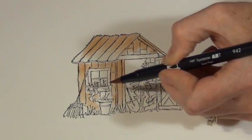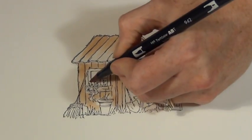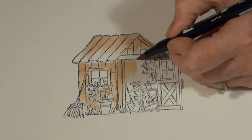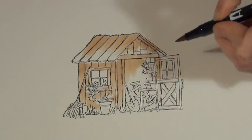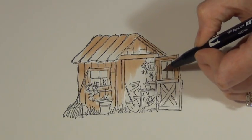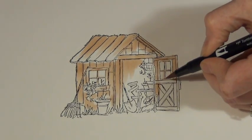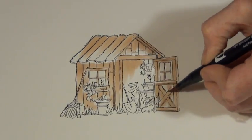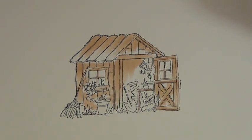Under, and it's okay to leave white area. Nothing said, nobody ever said you have to fill in every little element of a card. Since these are watercolor markers, they give you a nice soft look, but I am working from light to dark. I'm not grabbing the darkest brown. That would overwhelm it. Okay. I got that. And the next step,